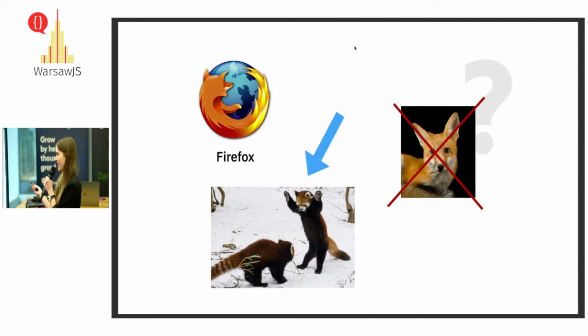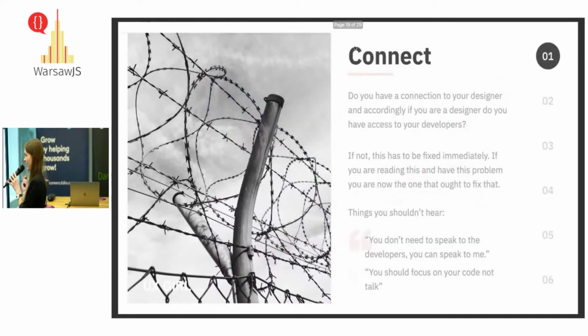So this was supposed to be a red panda, and I think somewhere in between, in some communication, this was lost. The graphic designer did get some brief, I don't know, but it wasn't really a good brief. And this is what happens. We don't want this to happen to our project, I think. So that's why we'll be talking about the dimensions of communication today.